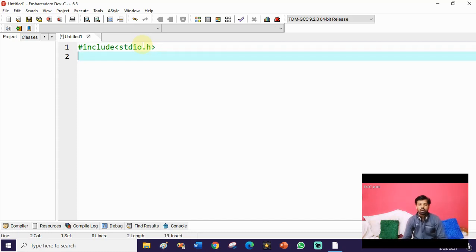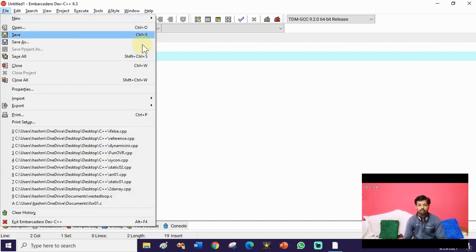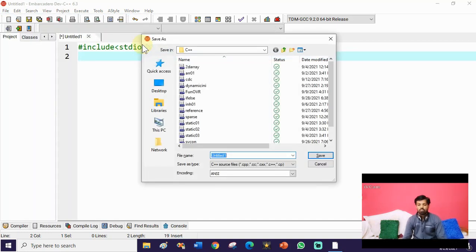Now if you are using any C++ compiler, do not forget that you have to save your file first before you compile it, because the compilation of a C file and the compilation of a C++ file are different from each other. So you have to write a specific name for the file, say for example example01 followed by .c.